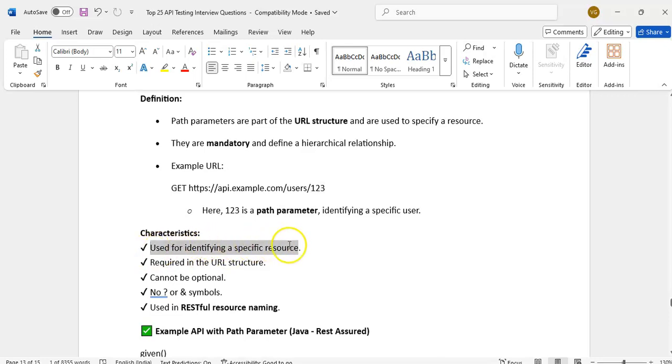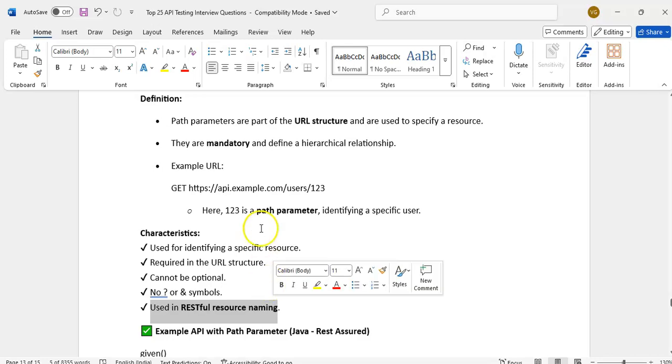It is used for identification of a specific resource. I want to get user 23, so it will identify that specific user. It is required in the URL structure and cannot be optional. There are no question mark or ampersand symbols. It is used in RESTful resource naming.